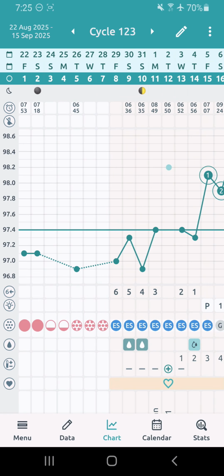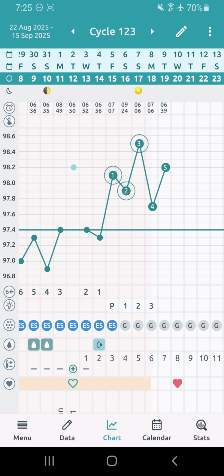Walk through how to set up the Read Your Body app to include FEMM stamps and how to chart optimally, for both natural birth control and for health, in terms of actual app setup. So we're charting with FEMM, and what we're going to do is just take a quick look at this chart